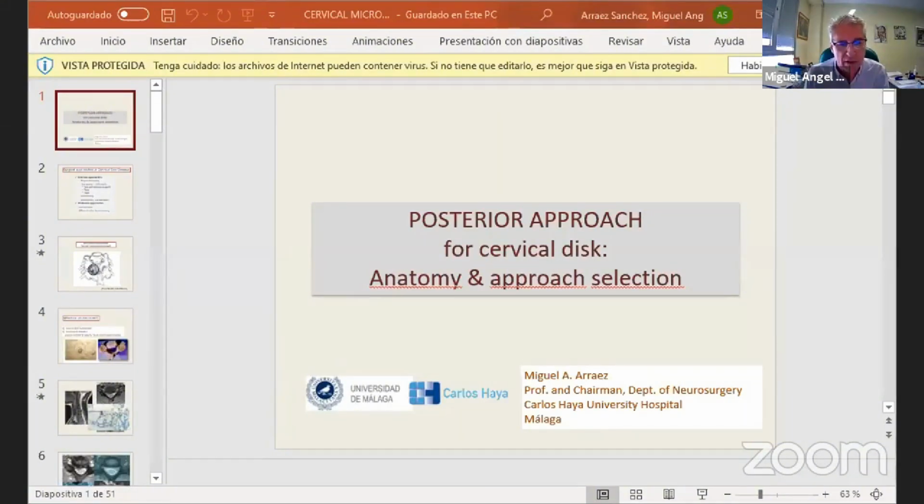A couple of comments regarding anatomy of the root at the cervical region. This is more for the youngest colleagues in the audience, because unlike the disposition and orientation of the root at the lumbar spine, at the cervical spine, first of all, the mobility of the root is not